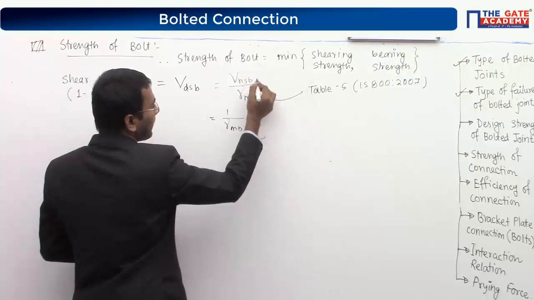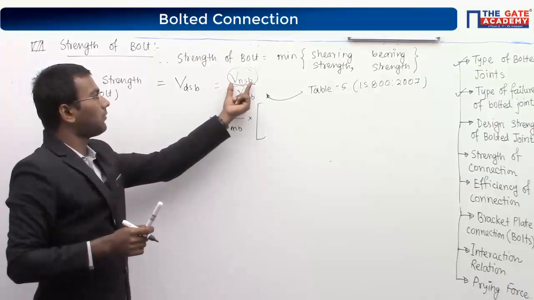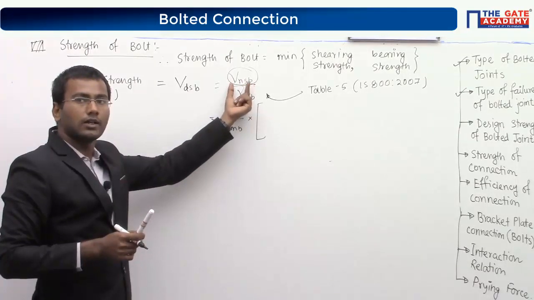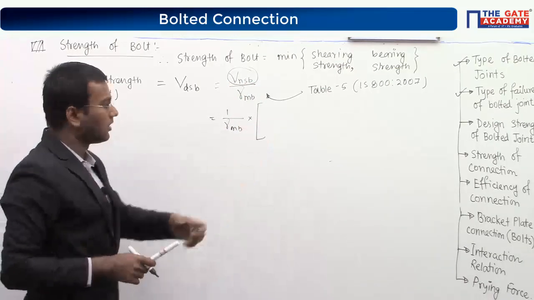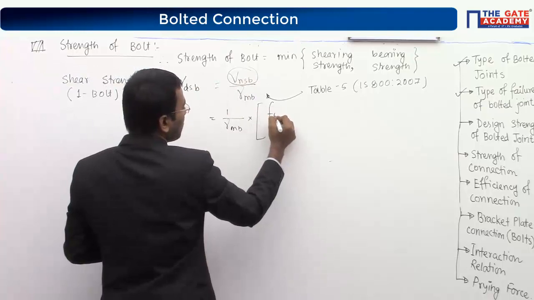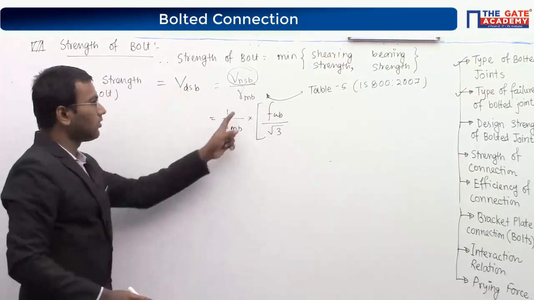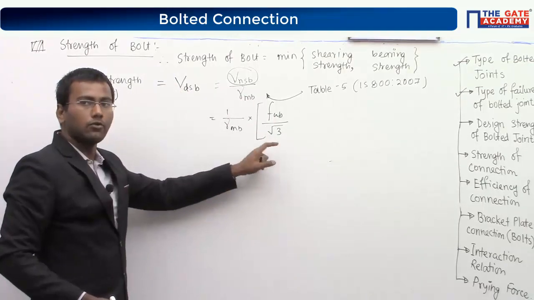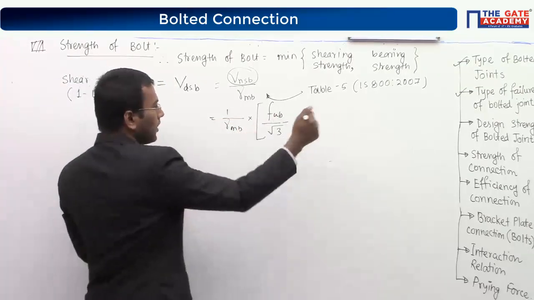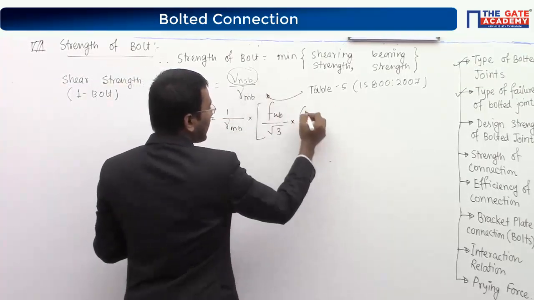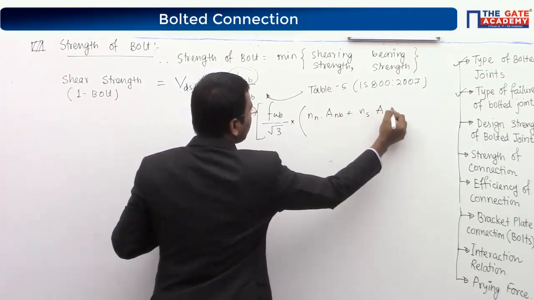Net strength is given by, it's very simple, we are finding the strength of the shear portion. So shear portion means what? Shear portion means your shear stress multiplied by your area. So shear stress of bolt, so F of UB divided by √3. Always remember in limit state method, whenever there is shear, it will be divided by √3. So shear stress of the bolt, F of UB divided by √3, multiplied by area, NN ANB plus NS into ASB.